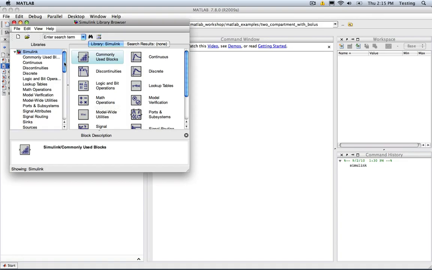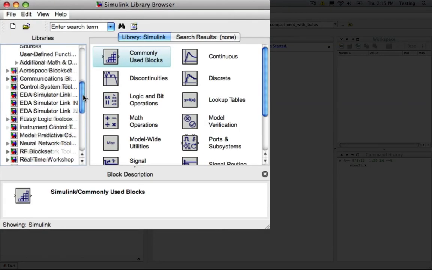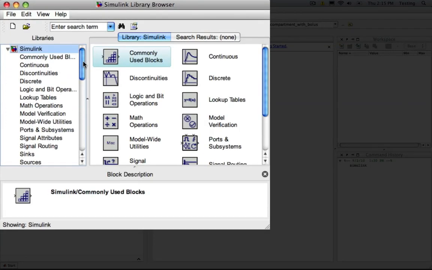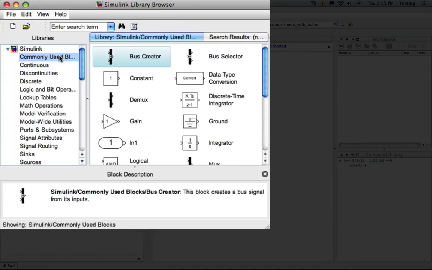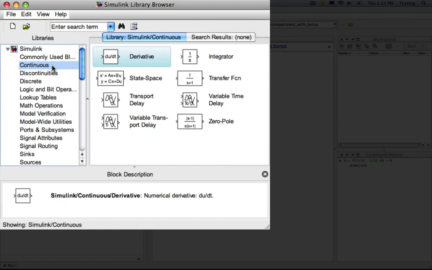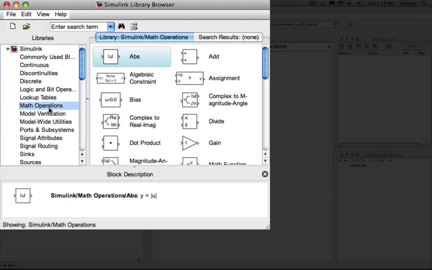So over here on the left are different groupings of blocks. Here are the most commonly used blocks. These are blocks that involve continuous systems. There's different math operators. There's many kinds of blocks. And for this system, we're only going to need to learn about 6 different blocks, and I'll talk about those